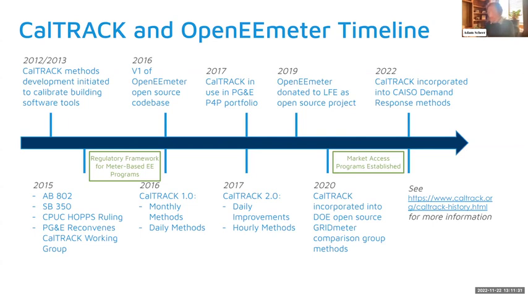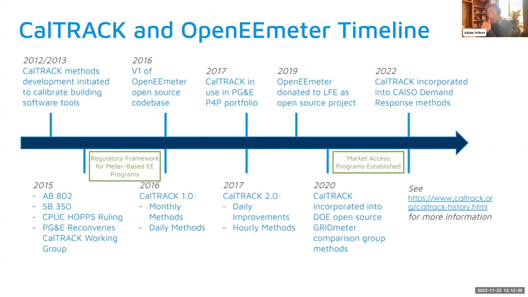Now, the CPUC said, hey, this is all fine and well. A lot of this was related to the Advanced Home Upgrade Program, which was a really key deep home retrofit initiative that the CPUC was driving at for a long time in California. And they said, we appreciate these models, but we really need to calibrate them. We don't necessarily trust the outputs of these models. So we need a way to verify what these models are producing, and we should do so based on metered methods. So CalTrack got its early start, or its roots are really, at that time.